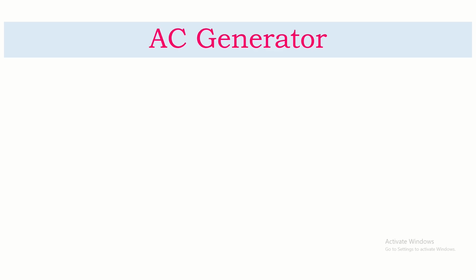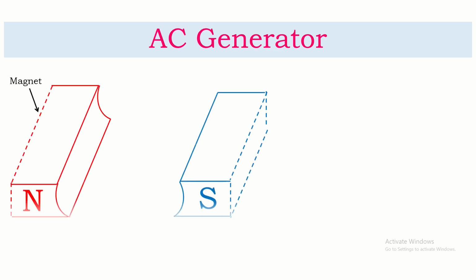I want to show this with an animated diagram. Let's say this is a magnet. A magnet is the basic component of an AC generator, and an AC generator consists of a magnet which has concave poles, and the poles are facing each other, and magnetic lines of force pass from the north to the south pole of the